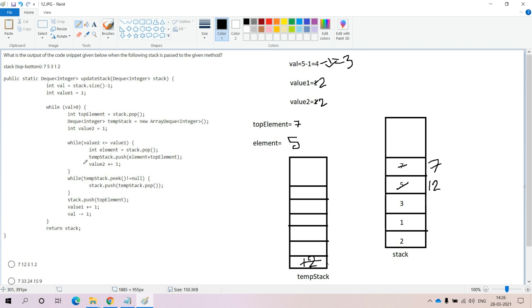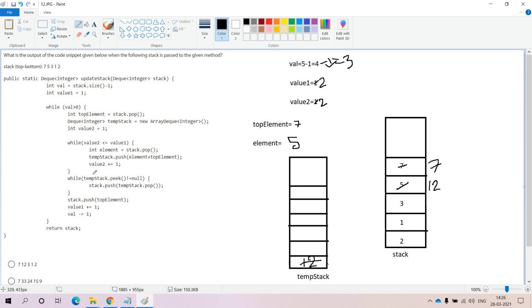With respect to that 2, we need to repeat this while loop one more time, and after that we will get 1, and with respect to that 1 also, 1 greater than 0, we have to iterate this while loop one more time. Like that we have to process this entire while loop multiple times. That too, within the inner loops we have to repeat them more than one time. So it is a lengthy process. You have to do that entire process. After completion of that entire process, we have to find out the resultant stack.